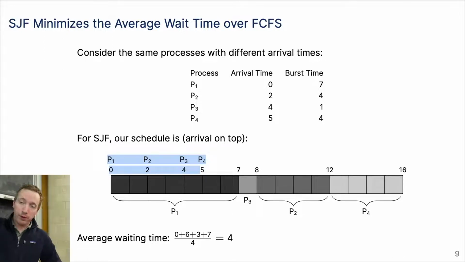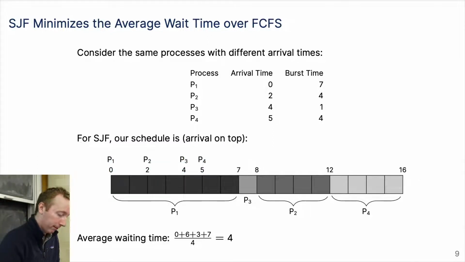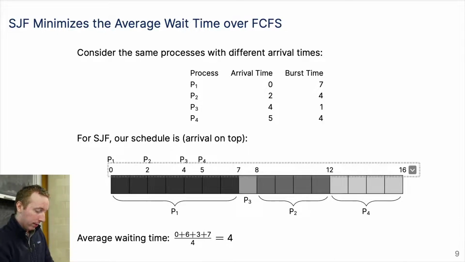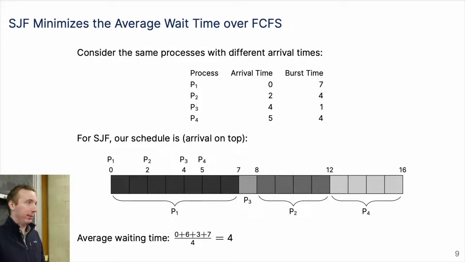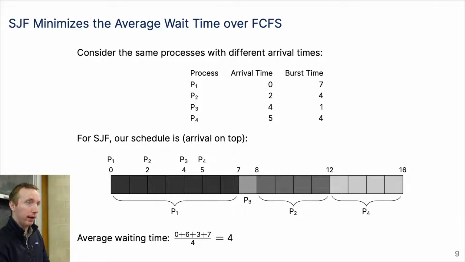So this shows that P1 arrives at T0 and all the other arrival times for the processes, just to make it easier to keep track of. Now if I do shortest job first, I have to make a scheduling decision at T equals 0. At T equals 0, my only choice is P1 because that's the only process that has arrived. So at time 0, I would schedule P1 and it takes 7 time units. While that's executing, P2 arrives, then P3, then P4.